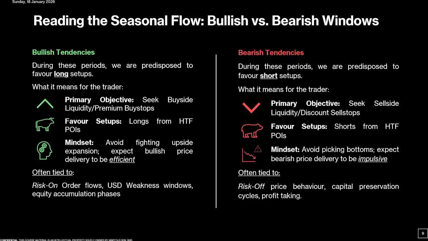So the thing about seasonal bias, it doesn't tell you what to trade. It changes what you are allowed to look for. And again, it acts as a filter in order for you to utilize it in trying to find a directional bias. It is not, again, the end all be all, much like what retail traders tend to do, looking at seasonality and seasonal tendencies of price as an absolute truth. Which brings us to our next point,